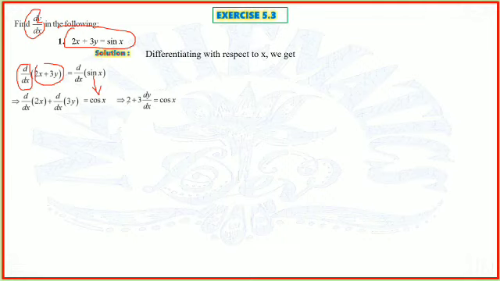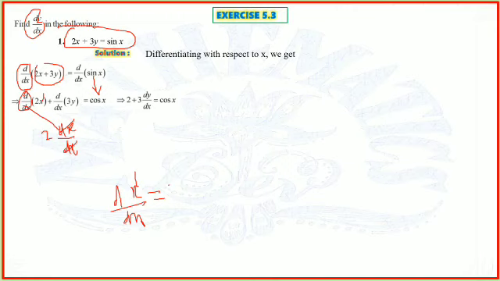Now the next step: I write here 2, a constant, so it will go outside, and then d over dx is this operator, and x is remaining inside, the only variable you will keep. Then dx and dx cancel, or otherwise also, x means its power is 1. The formula is n x power n minus 1. So 1 into x power 1 minus 1, so 1 and 1 cancel. So 1 into x power 0 means 1 into 1 is equal to 1. So the solution is 1.